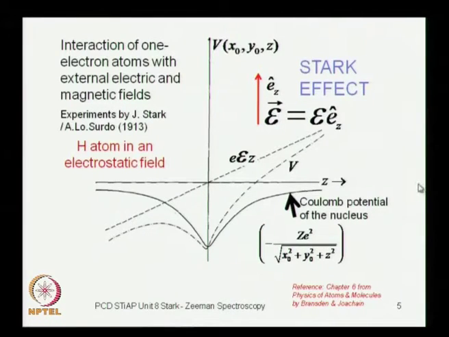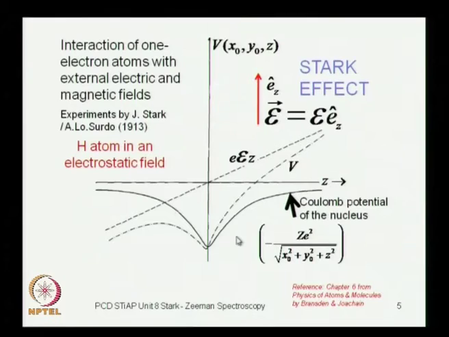It is minus 1 over r, but I am plotting it as a function of z for a given value of x equal to x0 and y equal to y0, which are finite. So, it does not go to minus infinity, it cuts the potential axis over here, because at z equal to 0 the denominator is not 0. Okay. So, this is the Coulomb potential plotted as a function of the z axis,